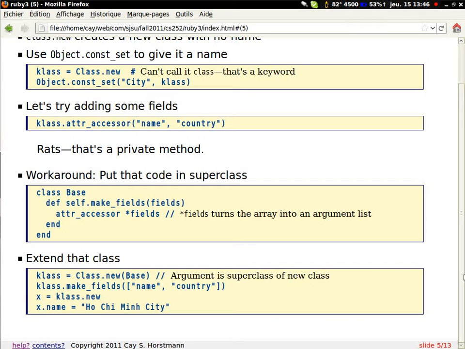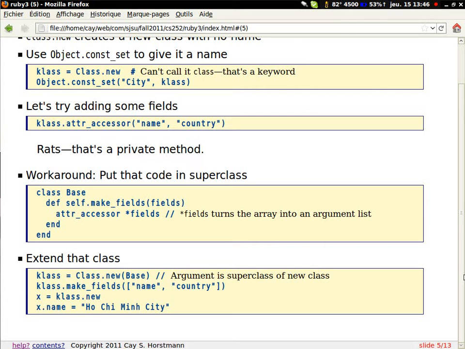So now I could say City.new. When I say City.new, I'll get a new object of class City, which so far has no methods or fields or anything. So let's try adding some fields.